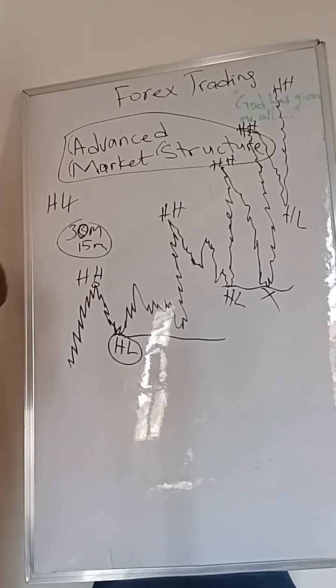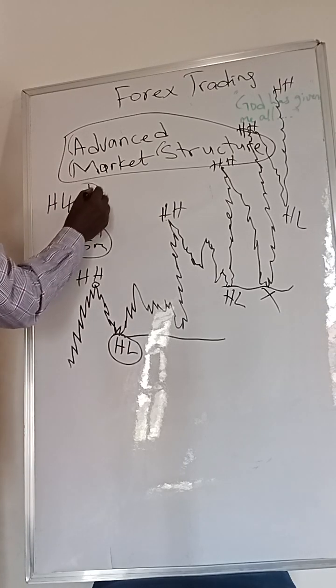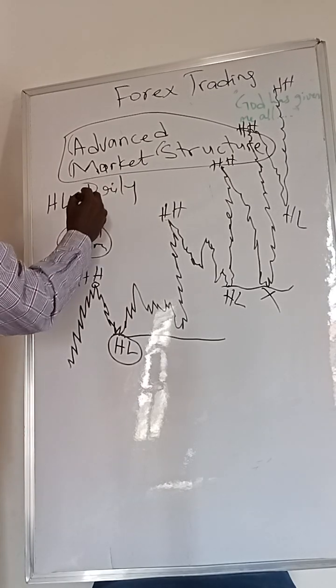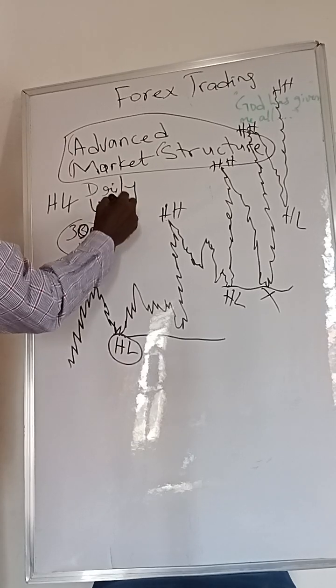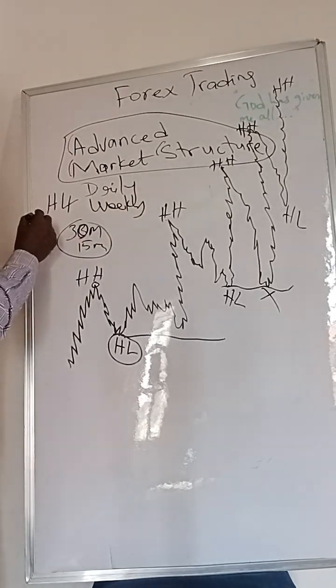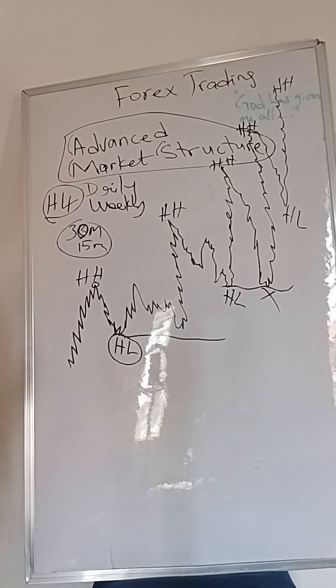a big time frame. On daily charts, for example, or weekly chart, or maybe 4 hours chart. At least 4 hours chart. Some people can also use 1 hour, because sometimes the structure you can see on 4 hours, you can also capture it on 1 hour. So you must be able to see the structure on a big time frame for you to determine the direction